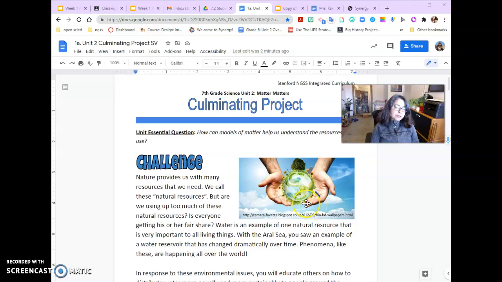Okay, so for your culminating project, we learned in the liftoff task that the Aral Sea was shrinking, and then we came up with some questions and we made a concept map. And what the challenge is for your culminating project is to find an area anywhere in the world that has a limited amount of water, and we want you to make